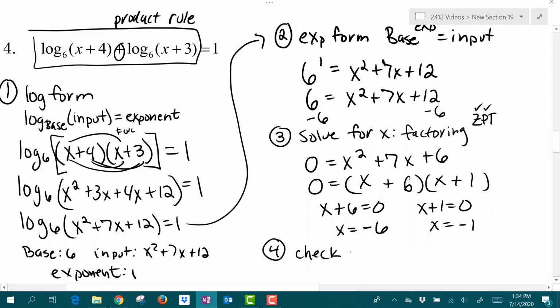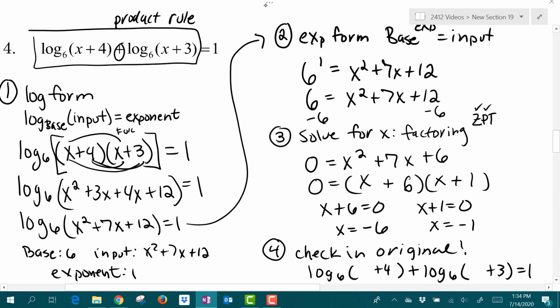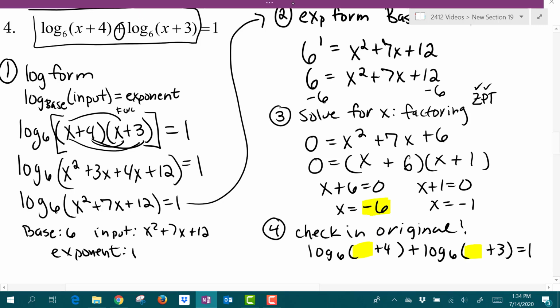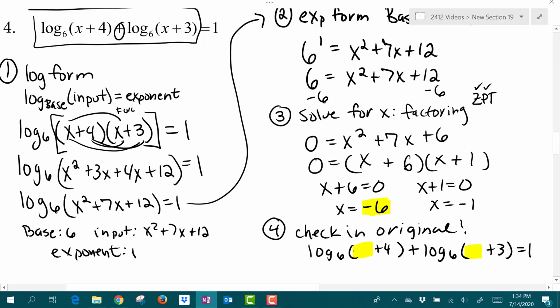Now it's really important here that you take those solutions and you don't assume that they both work, but you want to make sure that you check them both in the original equation. So I'm going to write down the equation, and I'm going to replace x with our solutions. Alright, we have to check one at a time. So I'm going to check negative 6 first. If I plug in a negative 6 in place of x in the original equation,